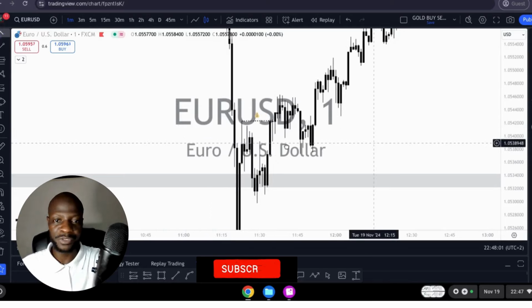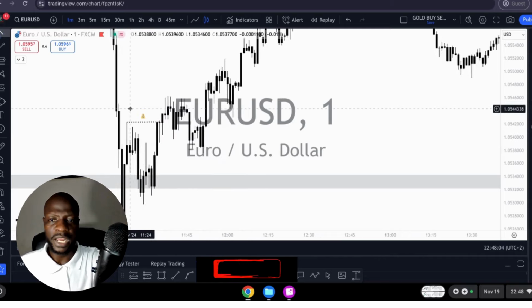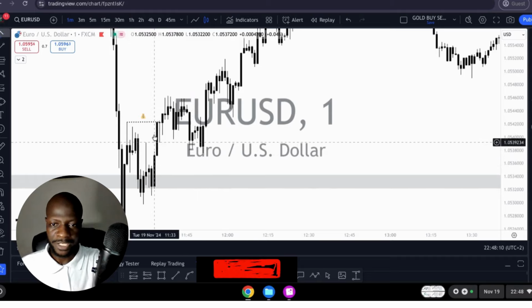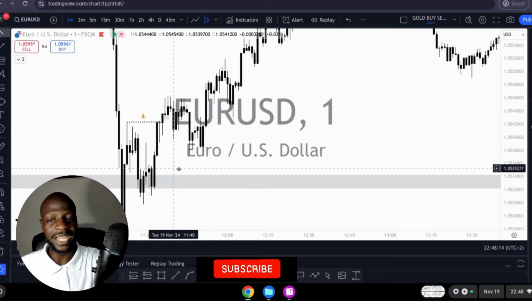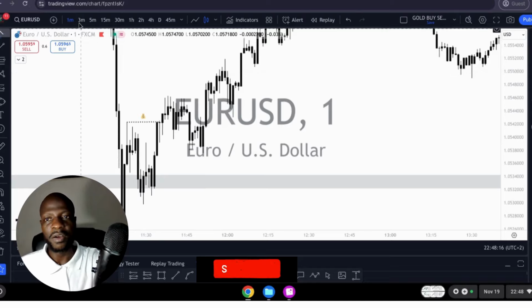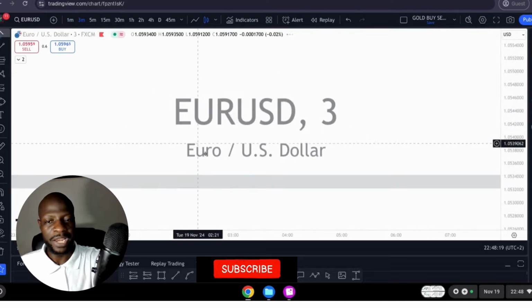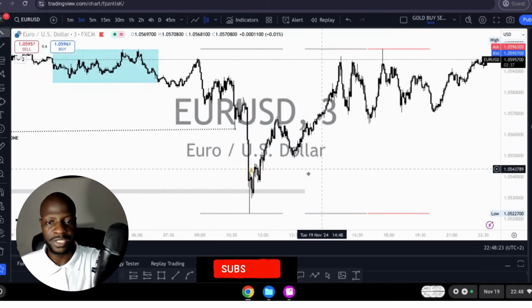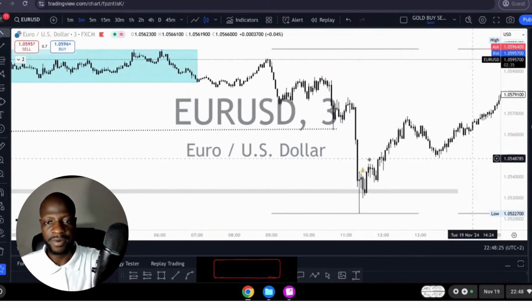Wait for this market to actually break the structure. Now we are here. So what are we supposed to do? We are supposed now to wait for the market to come back to the level, to the zone that actually caused that break of structure. So what candle broke that structure? What candle caused the market to actually break the structure? Let's go to the 3 minutes time frame. You're going to realize that